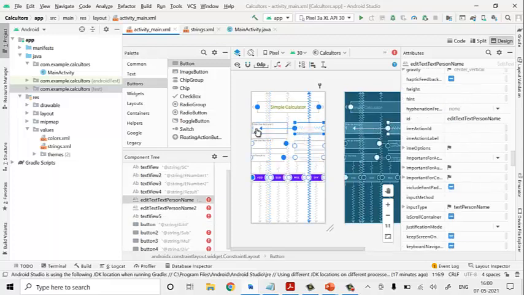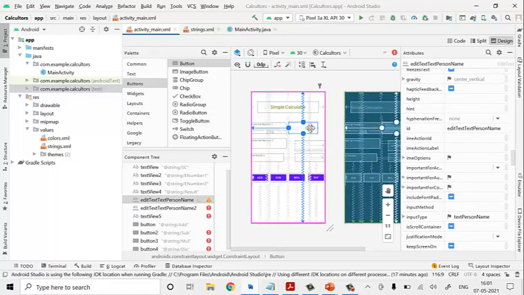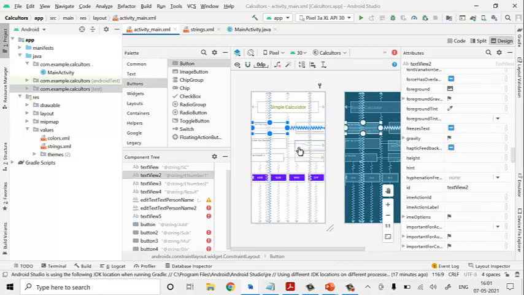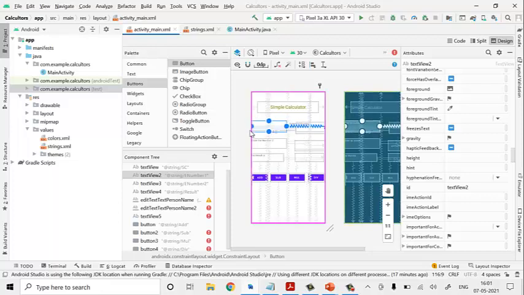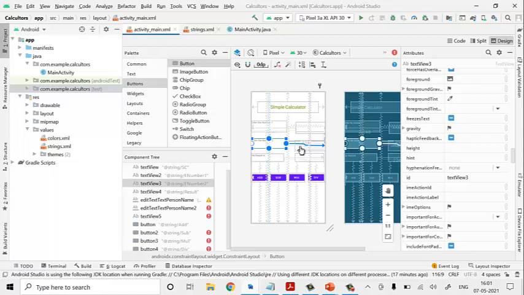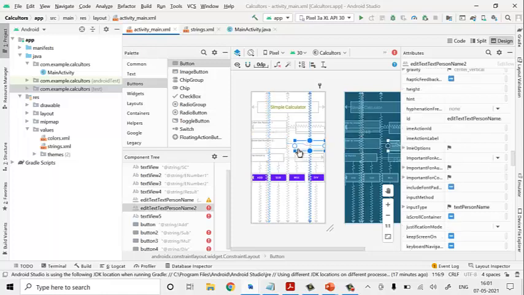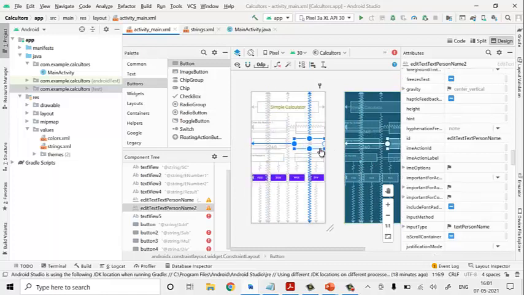Okay, you set it, take it, and place it in the proper location. Oh, it is not moving. Okay, it is done. Enter the number. The same thing we have to show for your text 2 edit box. We have done it, the same thing. Okay, it is moving and you have to place it correctly.